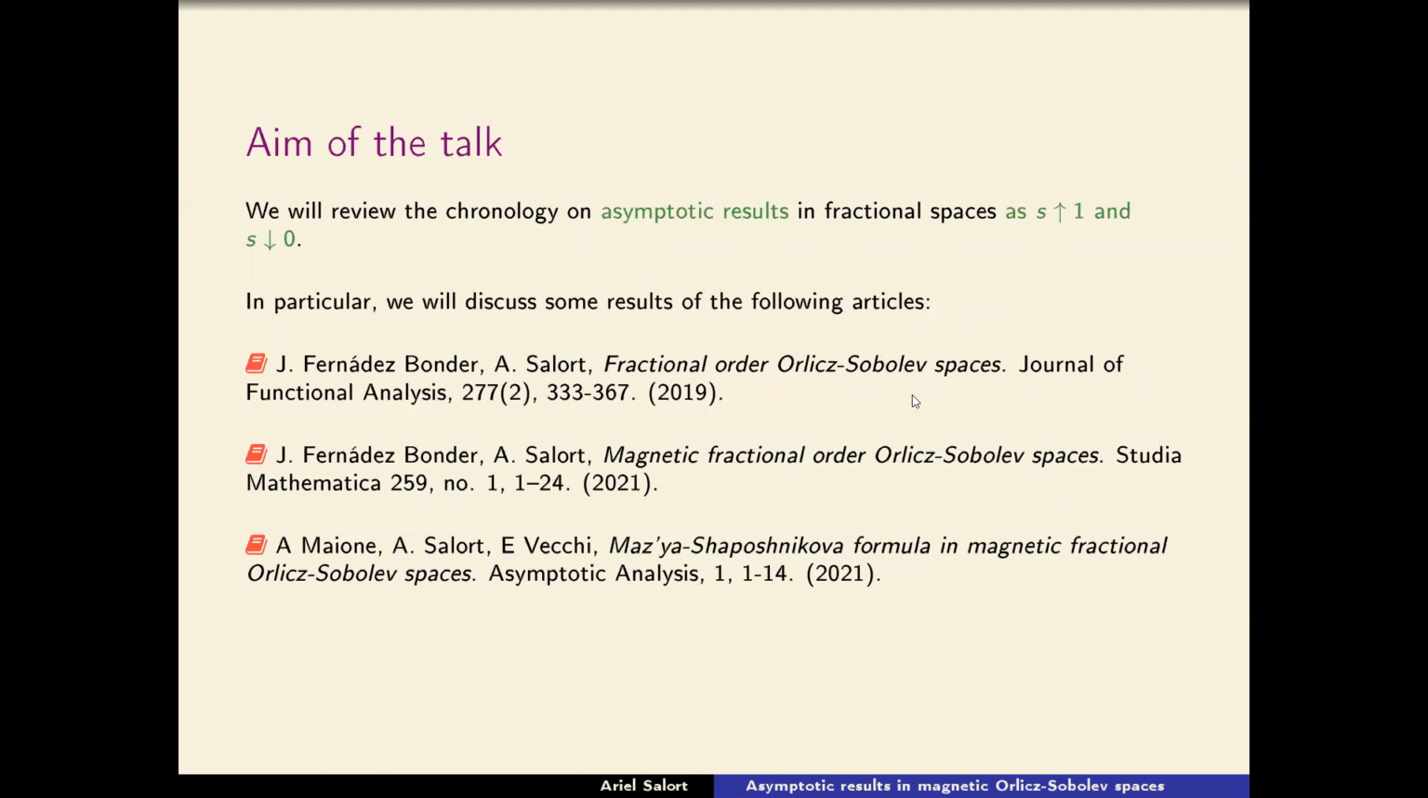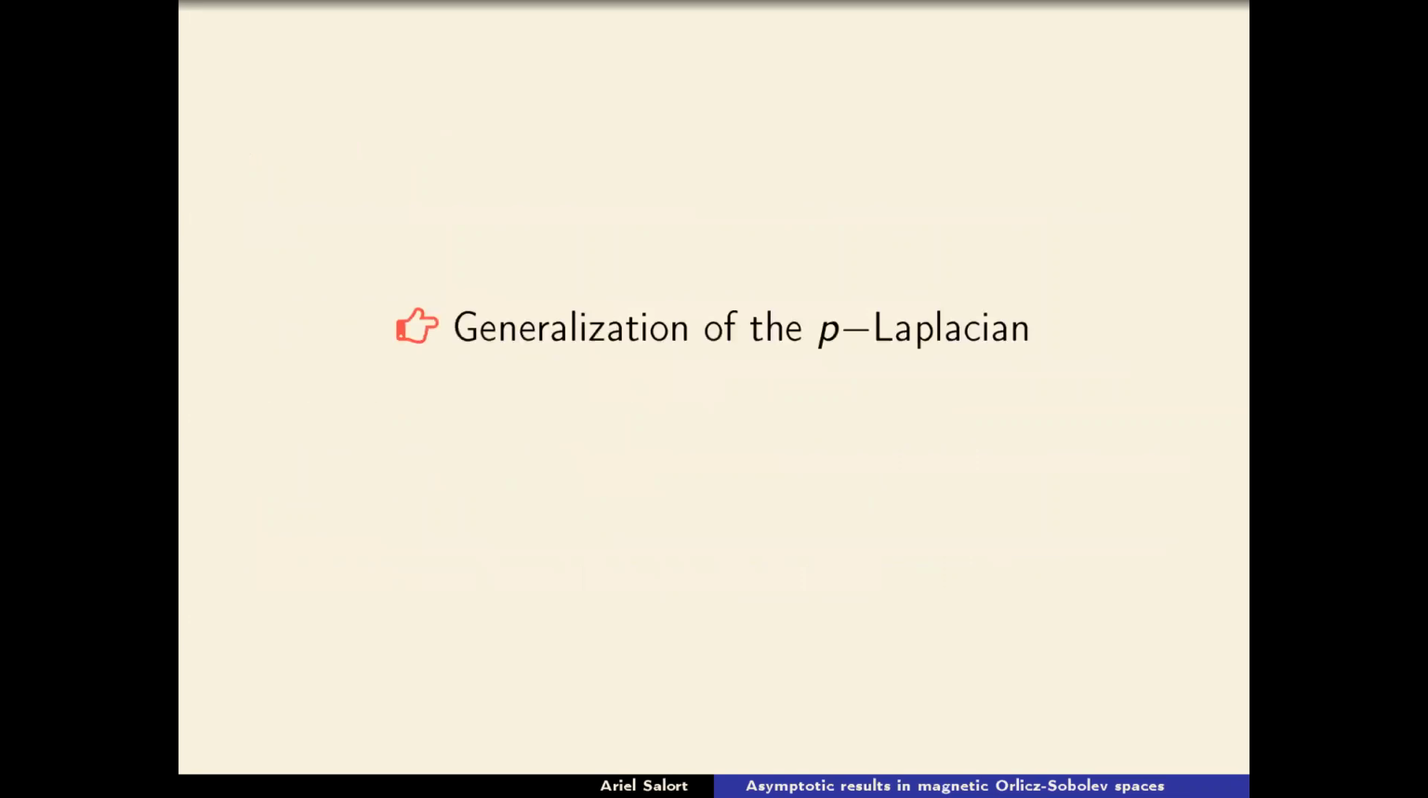In the first one, we introduce a generalization of the Sobolev spaces in which the non-local gradient has a behavior more general than a power. And then we study the behavior when s goes to 1. In the second paper, we introduce a magnetic version of these spaces and the behavior again when s goes to 1. And finally, in the third paper, we study the behavior when s goes to 0. So first, before stating the results, I want to spend some minutes with some definitions and basic facts